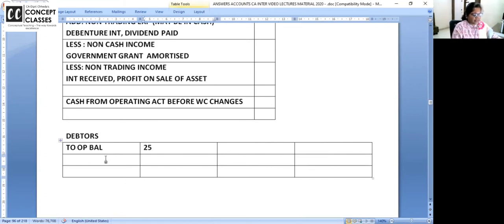25, then debtors account debit to sale, credit sale this year 100, and then by bank, debtors have paid the money, debtors have paid the money 90, and then we have by closing balance. How much? I think 35, so that you get the total as 125 and 125. Tell me, is this debtors account clear to all of you or not? Clear? I didn't write the sales return and discount allowed and bills receivable.